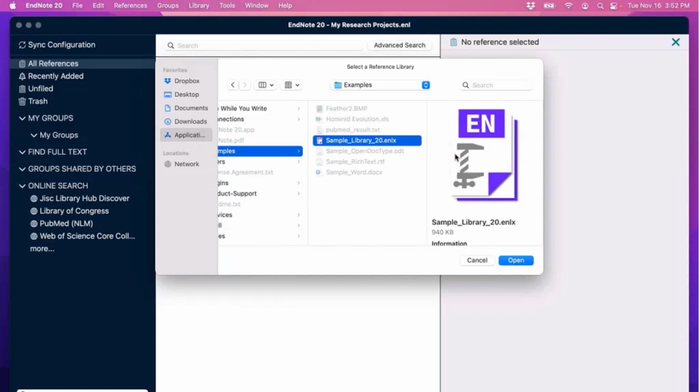This is what's called a compressed or archived EndNote library. If you're familiar with the zip file format, it's really the same concept. It's the type of file that can actually contain more than one item. This format is really useful for backup purposes because instead of having to maintain the separate file and folder for your EndNote library, it's just the compressed library file that you would need to keep track of.